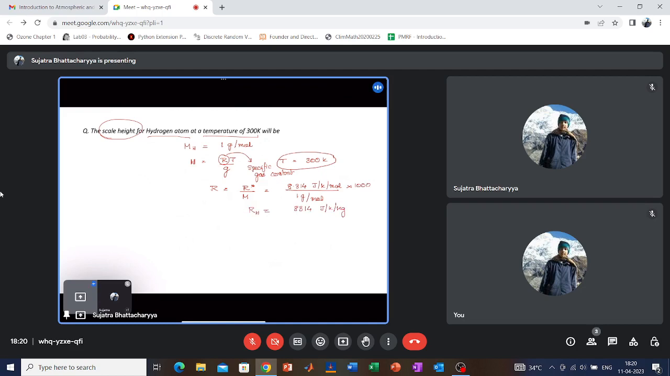Put that in to calculate the scale height, so that will be RH into T, that is 300 Kelvin, divided by 9.81, and this comes out to be 8314 into 300 divided by 9.81. So let's calculate it. Just a minute. Let me calculate and put the answer. So 8314 into 300 divided by 9.81. So it comes out to be about